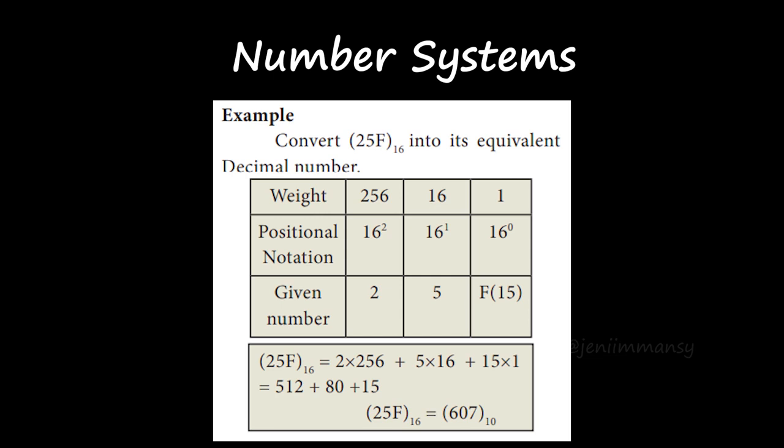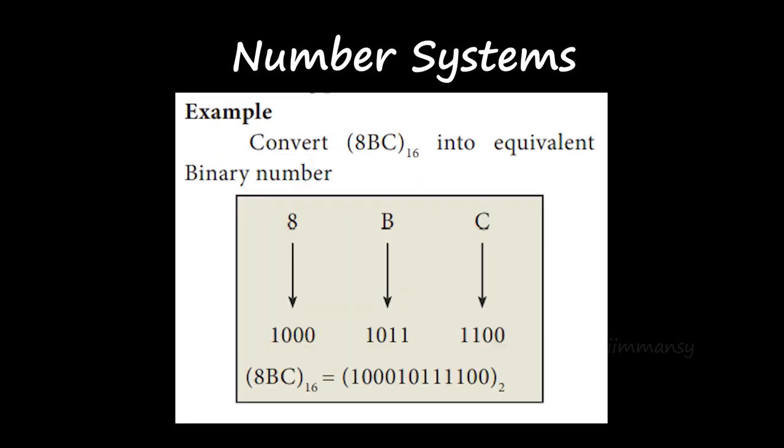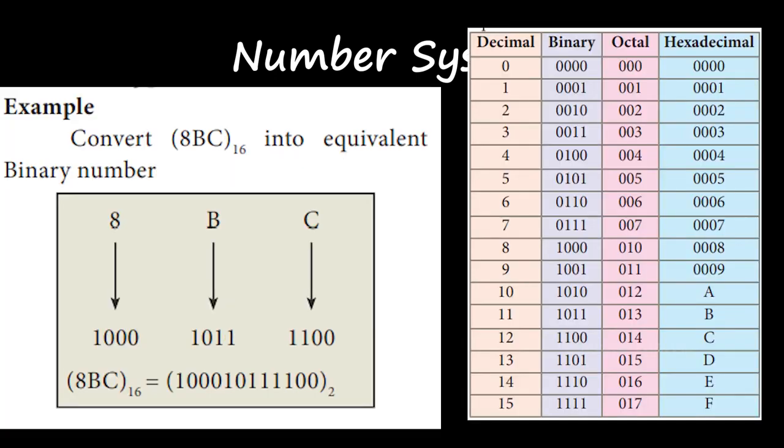Hexadecimal to binary also, as we saw octal to binary only. You will have to split the values and write 8, B, C. For C you know the binary equivalent, so you'll write the binary equivalent. B you know the binary equivalent. 8 you know the binary equivalent. At last you will join all the binary numbers